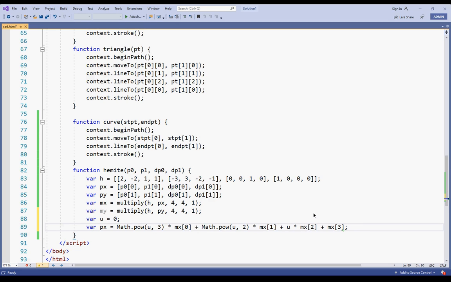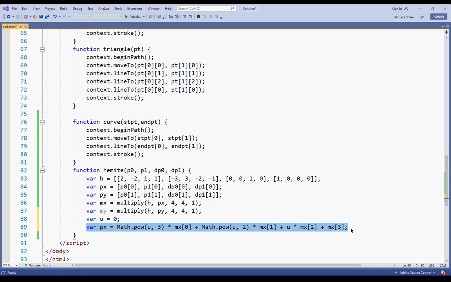In this way I am going to get the value of px. So I am writing the formula in simplified form: u cube into mx0 plus u square into mx1 plus u into mx2 plus 1 into mx3. I'm not writing 1 here in this case, I'm writing it just as it is.